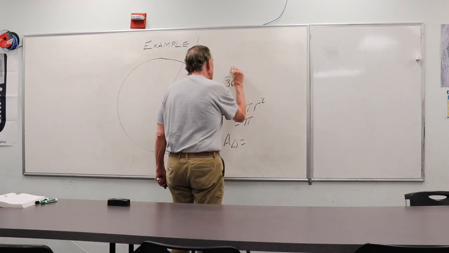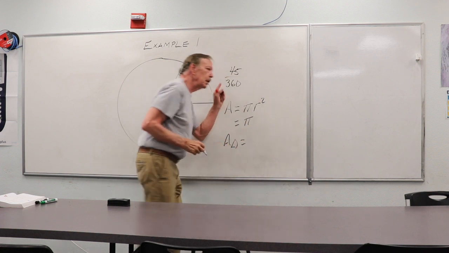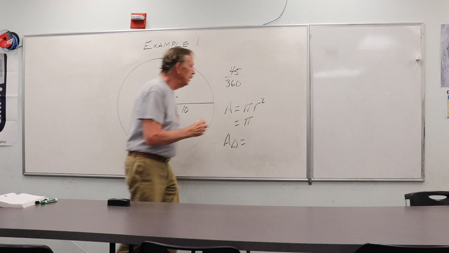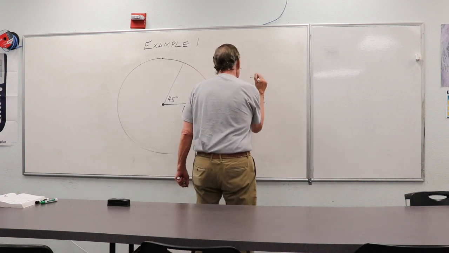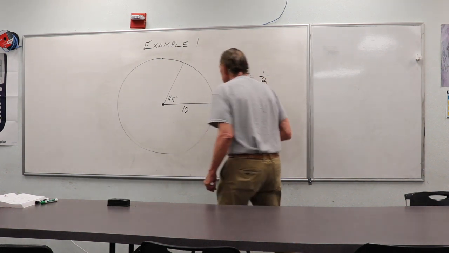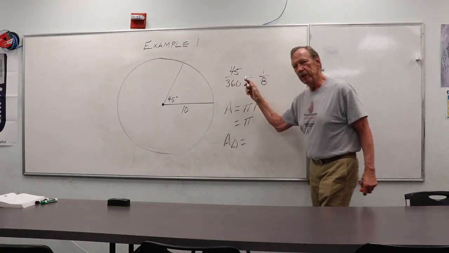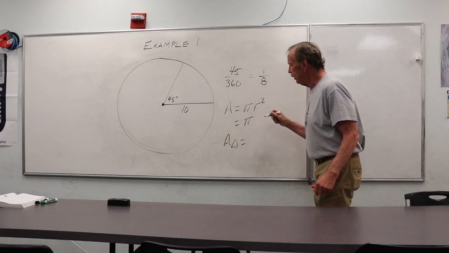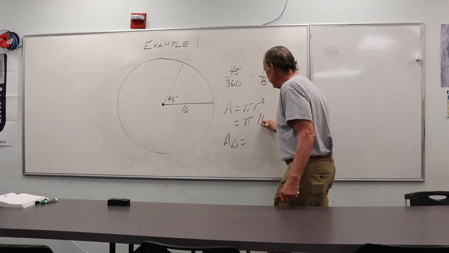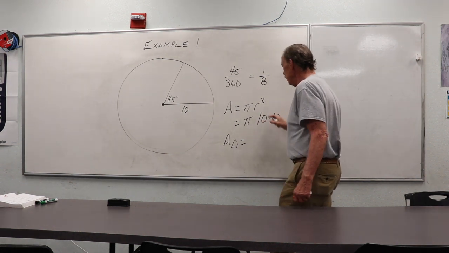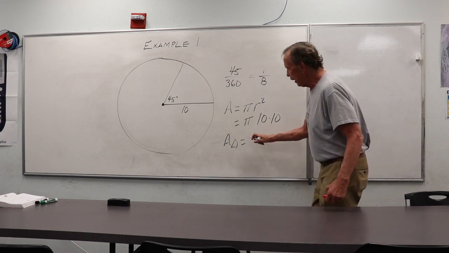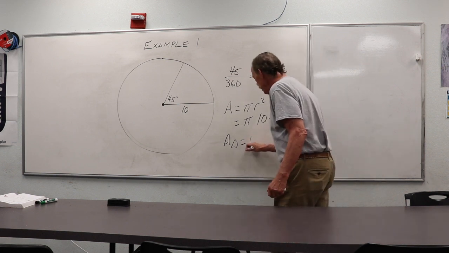We need to compare 45 to 360. There are 8 45s in 360. So now we need to put in the radius squared, 10 times 10. The area of the sector is going to be 1/8